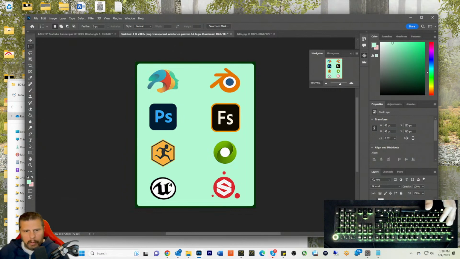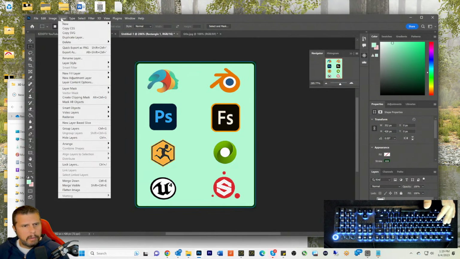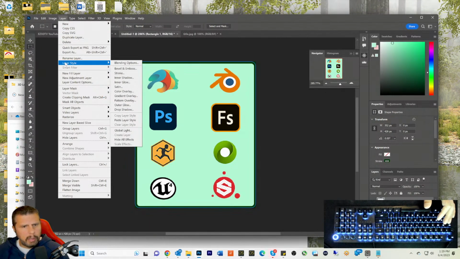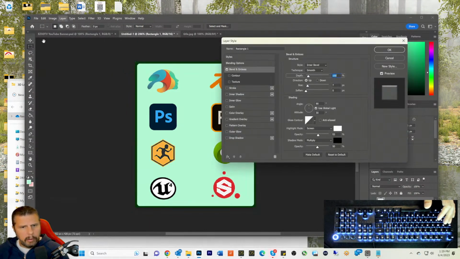Okay, this kind of looks a little bit low res, but I think they're not going to be that big. They're not going to be this big. So, all right, now let's take this rectangle and give it a little bit of treatment, layer style, a little bit of 3D look to it, stroke. What if we drop shadow a little bit? Okay, that's too much. Outer glow, we'll take